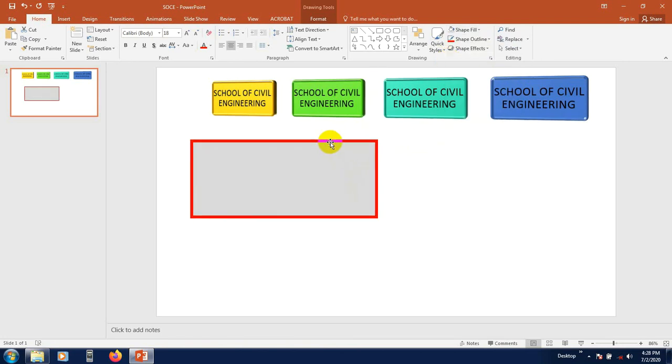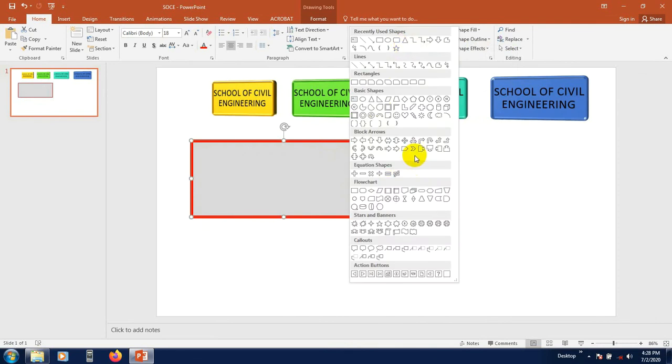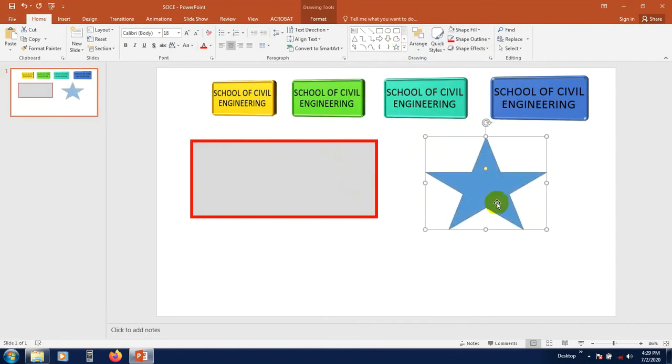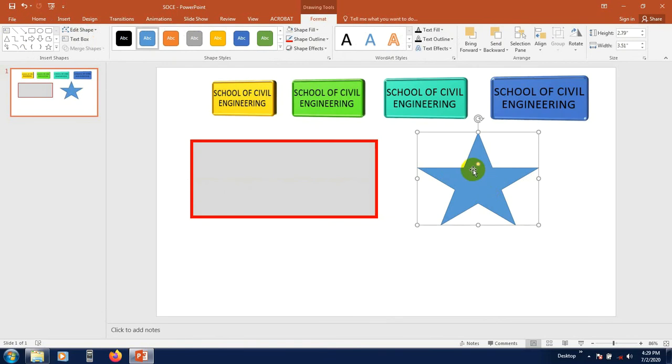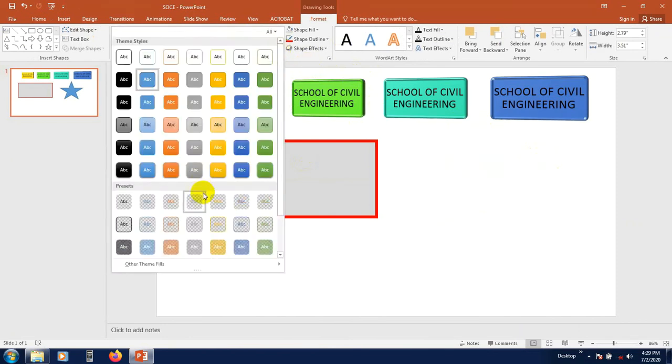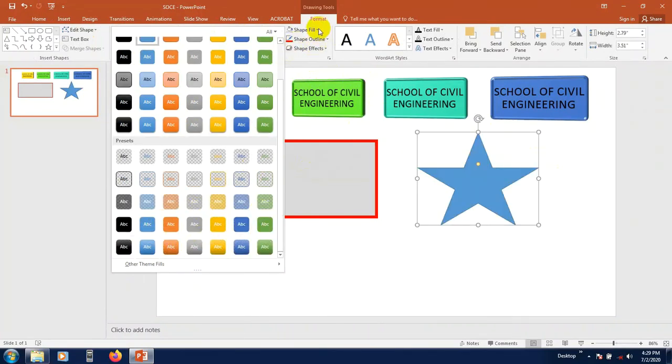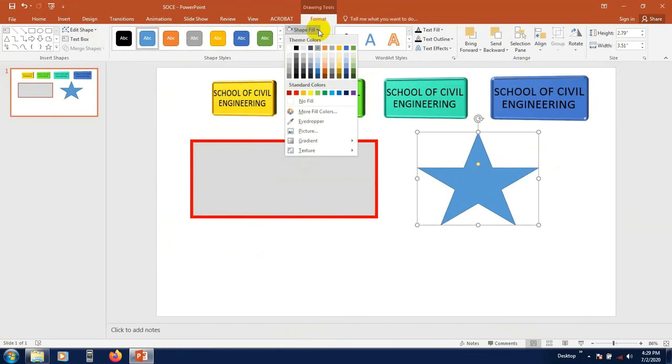So okay, suppose if you need any other shape from here actually, you can also find that. So if we go here for a star, just see that here is your star shape, and if you double click here you will get the double options. So here is the box category. So from here actually you can change its color, which types of color you need, and also from here, and also you can use shape fill like our previous. If you click no, it will be no, and also you can change color from here. After that